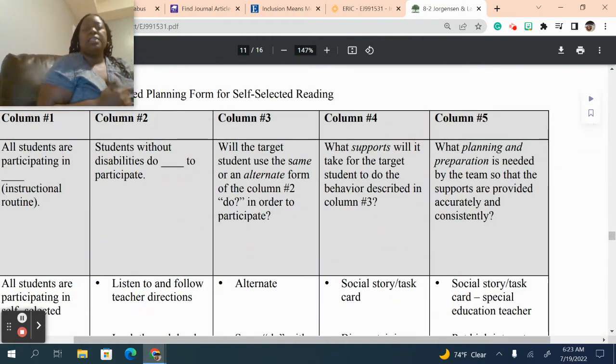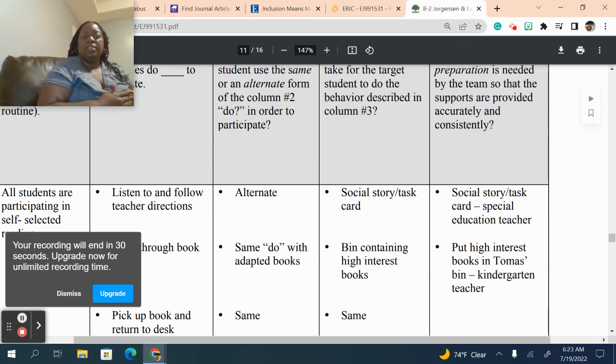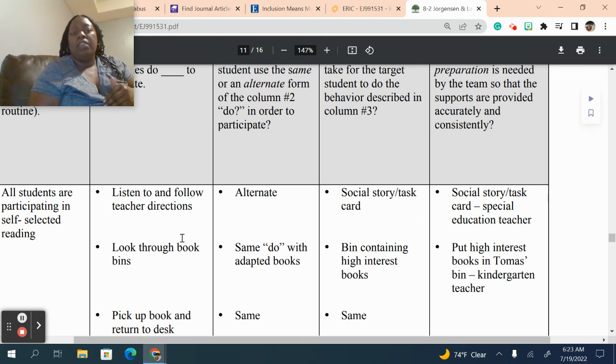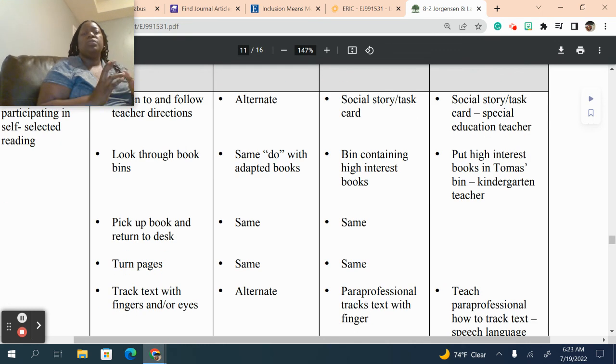All right, look at this next column. We have the same format and we have what all students are doing, self-selected reading. And in here you have how they will listen and follow, and in the alternate you have how they will have a social story or task card. Again, it's how you're going to do things the same and how you're going to do things differently, but still get to the same end result. The key there is having that same end result. We want students to be included in inclusive classrooms, not just in the general education